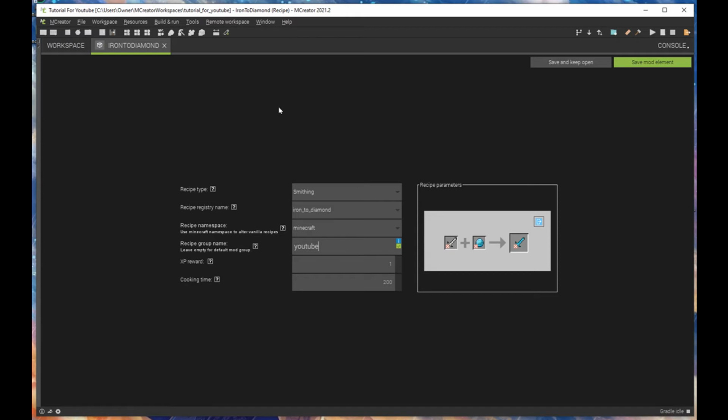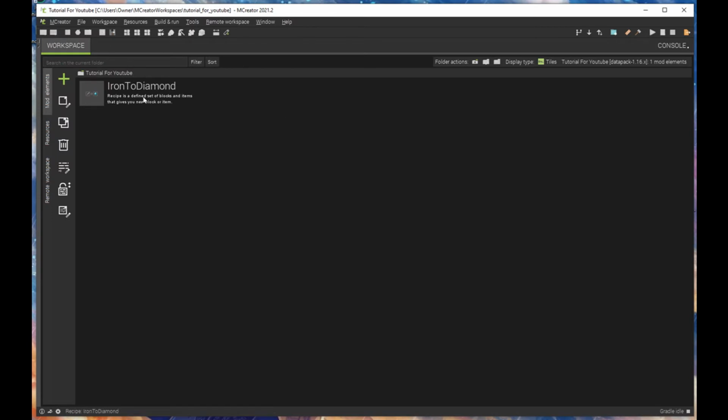Right? So we don't need to change anything here because these two options are if you're doing fueling or something like that. But in the smithing table and in the crafting table, you can't gain XP for something that you craft or smith, which is weird. Wish you could. We're gonna press the big green button that says Save Mod Element,